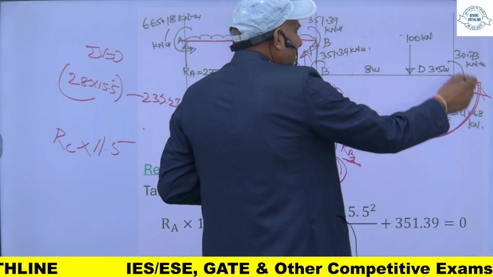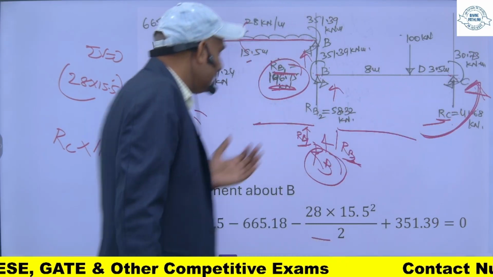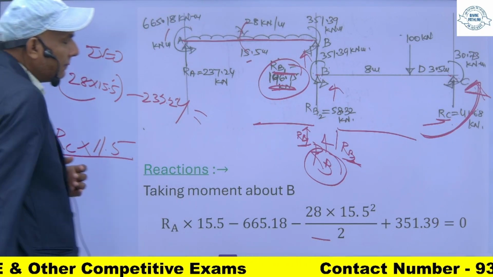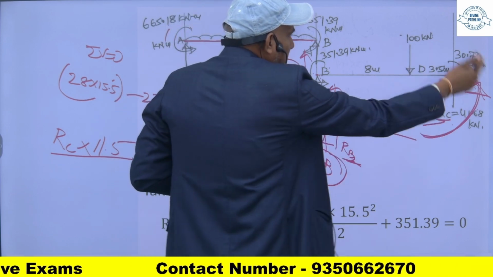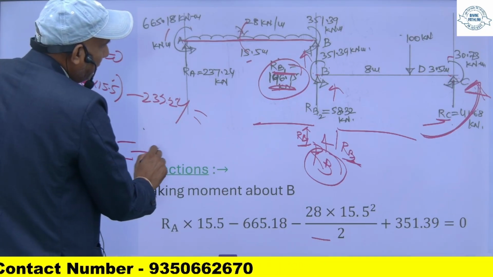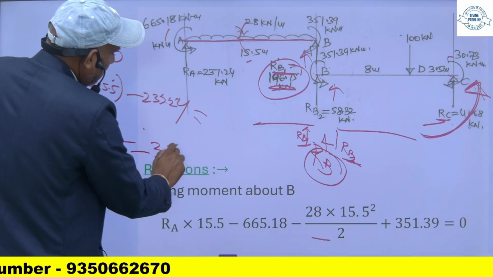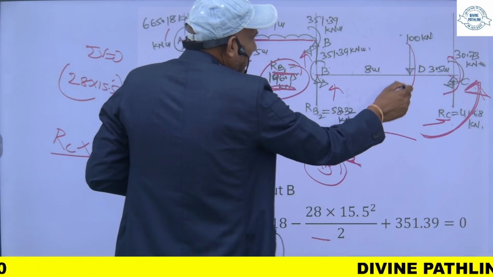सो ये RC इंटू दिस लेंथ, मान लीजिए मैं इसको पॉजिटिव लेता हूँ, तो ये पॉजिटिव हो जाएगा। अब ये जो मोमेंट है ये अपोजिट डायरेक्शन में है, अगर मैंने इसको पॉजिटिव लिया तो ये नेगेटिव हो जाएगा। आप कोई भी साइन कन्वेंशन फॉलो कर सकते हैं अपने हिसाब से। ये लोड, ये मोमेंट ऐसे है, ये भी अपोजिट डायरेक्शन में, सो ये भी नेगेटिव।